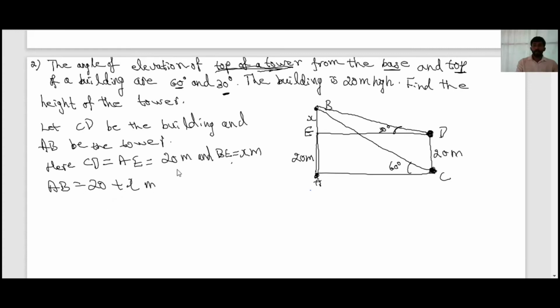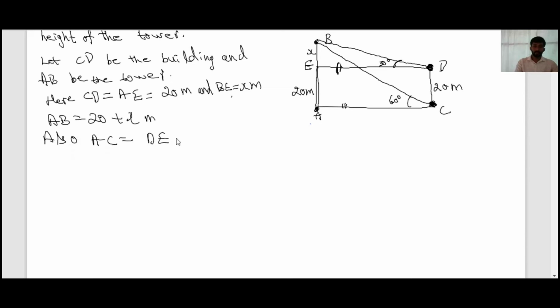Okay, and one more observation: this side and this side are opposite sides of the rectangle, they are equal, right? Also here I'll write AC is equal to DE. Remember these conditions, using the properties of the rectangle. Take AC equal to Y meter. So AC is equal to Y, that implies DE also is equal to Y. Here to here length is Y, A to C length is Y meter.